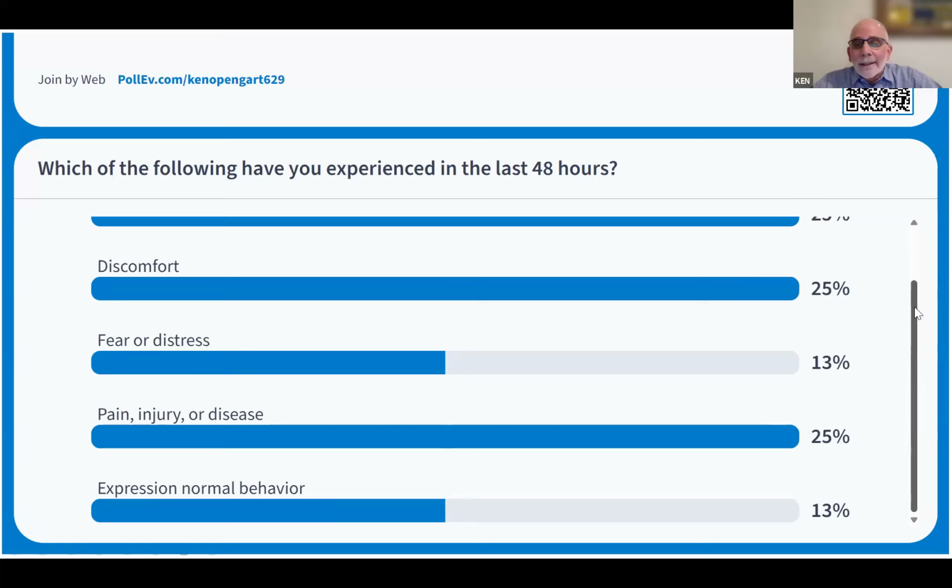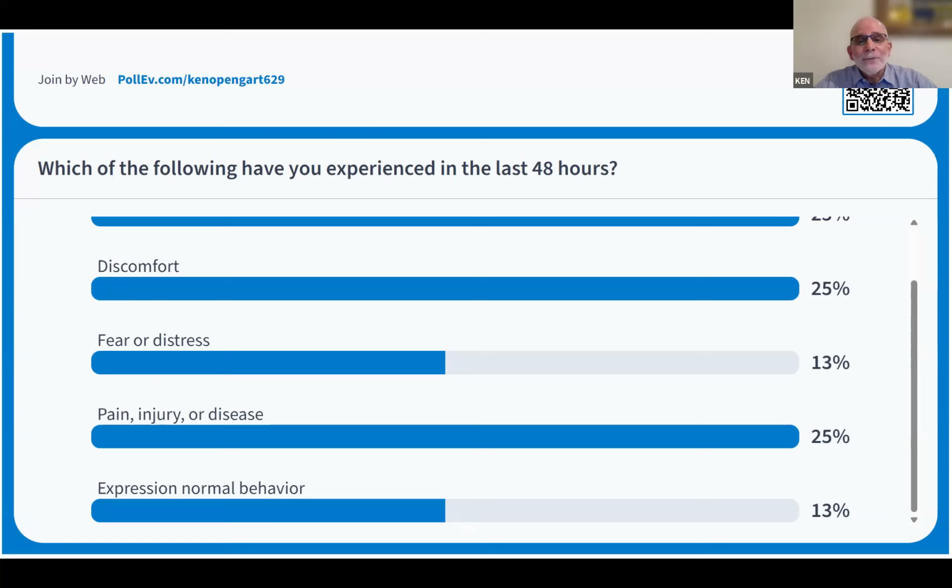As you're entering the data, you can see that at least one person has experienced at least one of these, which is the point, right? Even when we're in charge of our own welfare, we don't do a very good job of satisfying the 5 freedoms. So this is a little bit problematic when we're charged with ensuring that the 5 freedoms are met for the animals entrusted to our care, and we have trouble doing it for ourselves.